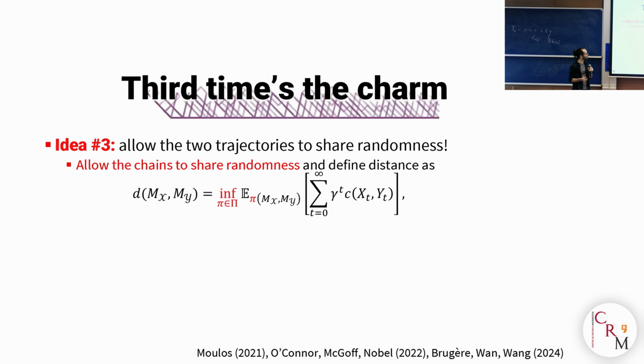So now the problem can be solved by allowing the processes to share some randomness between each other, right? To couple the two processes together so that if they can move together, they should be moving together. And if they cannot, well, then it's bad luck. Then they are definitely different processes. So what this π means here is a coupling between the processes, that is a joint distribution over the two processes, such that if I look at the x marginal of the coupled process, that should be the same thing as the M_X process. And if I look at the y marginal of the process, then I should be recovering the Y process. So it's just some clever way of putting together these two random processes.